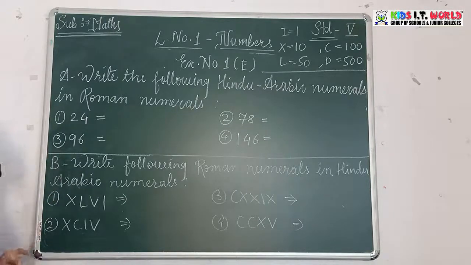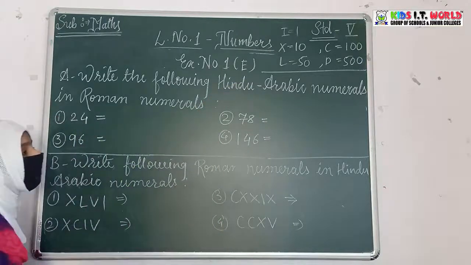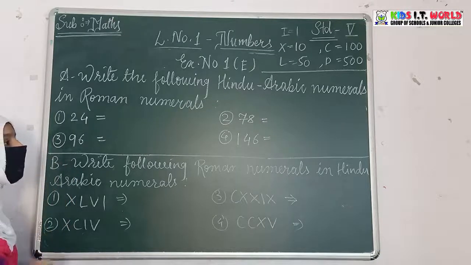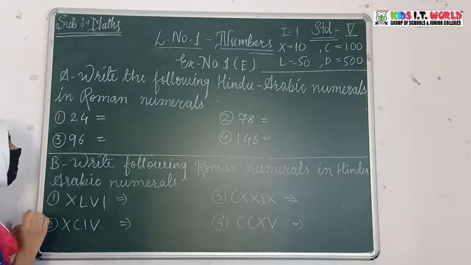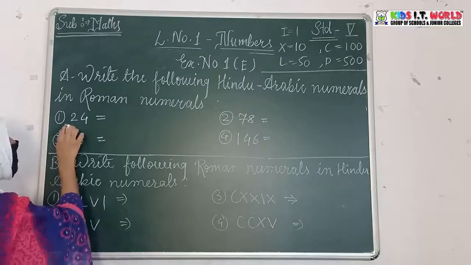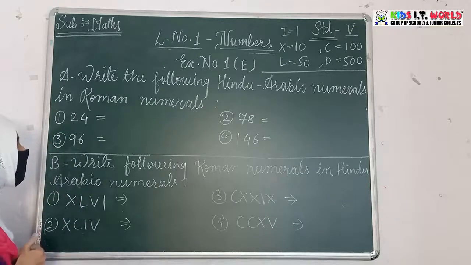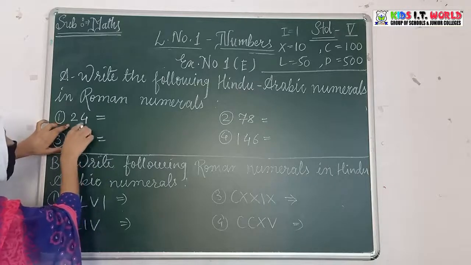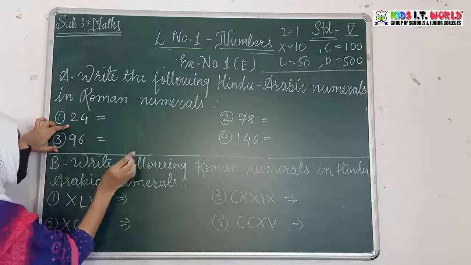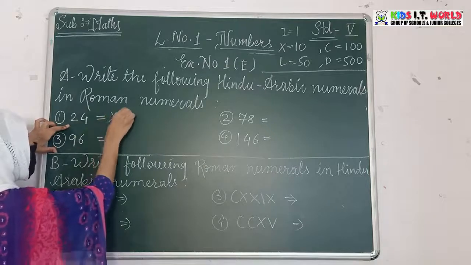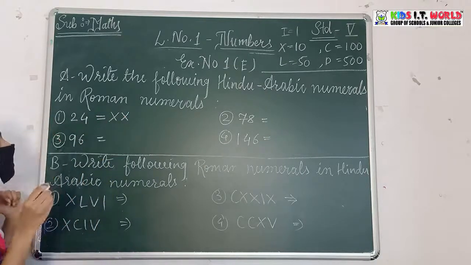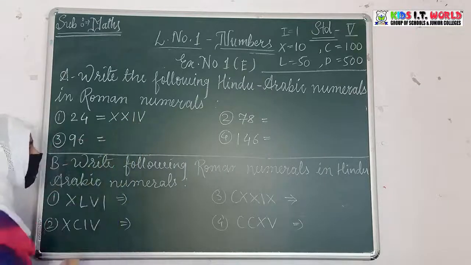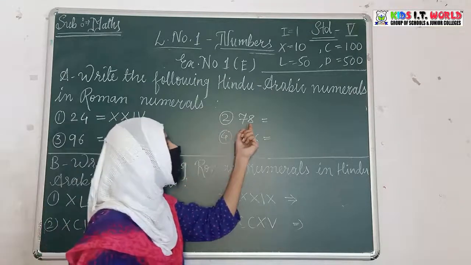It will be helpful for you, and maybe all of you know the Roman numbers from at least 1 to 10. So easily you can write these Indo-Arabic numerals in Roman numerals. Now first of all it is 24. You have to write 24 in Roman numerals. For 24 here you have to write 20, means you will write X 2 times. So it is 20. Now what is given here? 4. And this is 4. So this is 24.